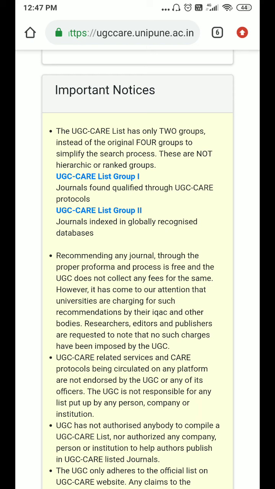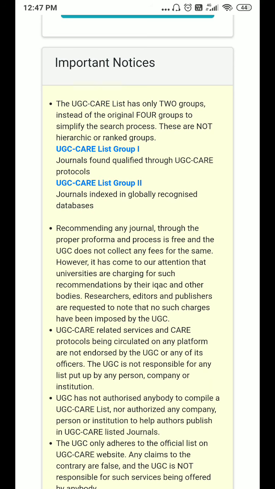So the journals indexed by Scopus and Web of Science are directly taken in group 2, whereas the journals not indexed in these databases, and are not predatory and are of quality, are listed in UGC CARE list group 1.